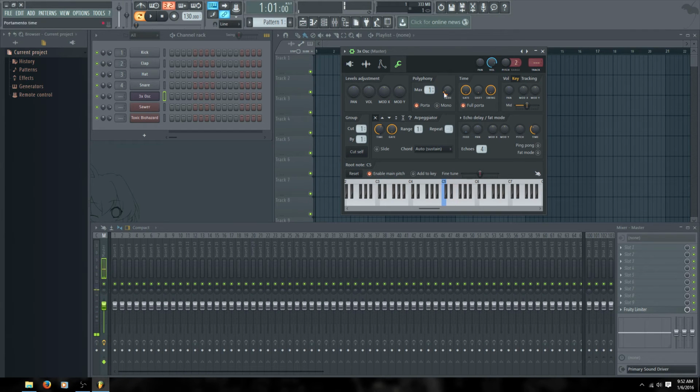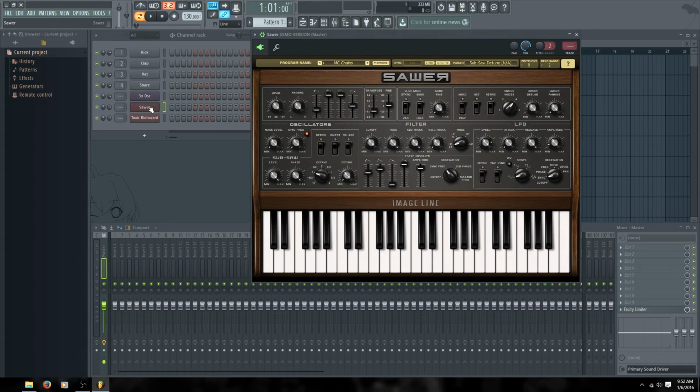So this is a little bit weird that FL chose to do this sort of layout. Usually you'll find something like this where you have glide mode and glide time. So